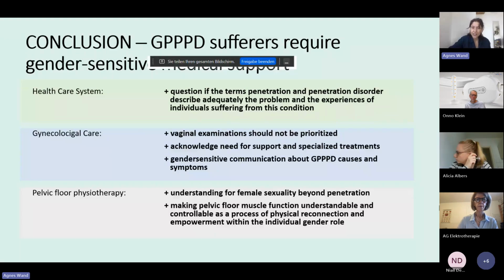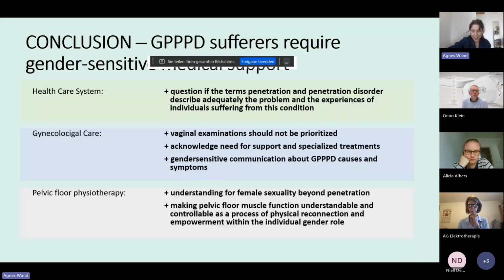Gender sensitive communication also means how to communicate about sexualized violence. It means that it should be addressed, but in a sensitive and not accusing way. And I think gynecological care, and we as a whole healthcare system, still need to learn more about this. In pelvic floor physiotherapy, we have many tools to help people who